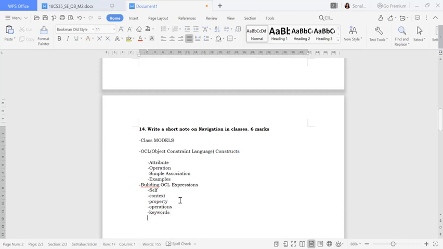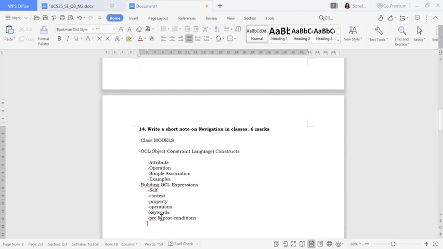Okay, I feel you all are writing with me. Next you can write about the pre and post conditions. These all are the keywords. Fine. These things you are going to write inside your building OCL expressions with the example.